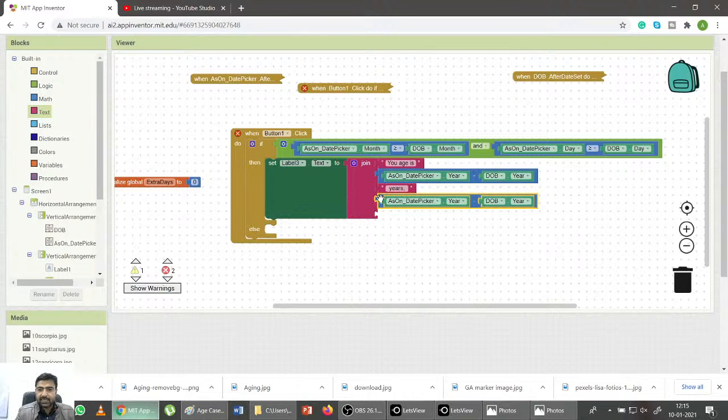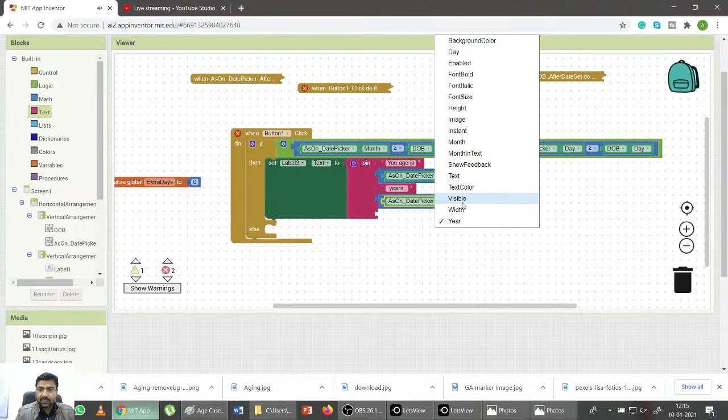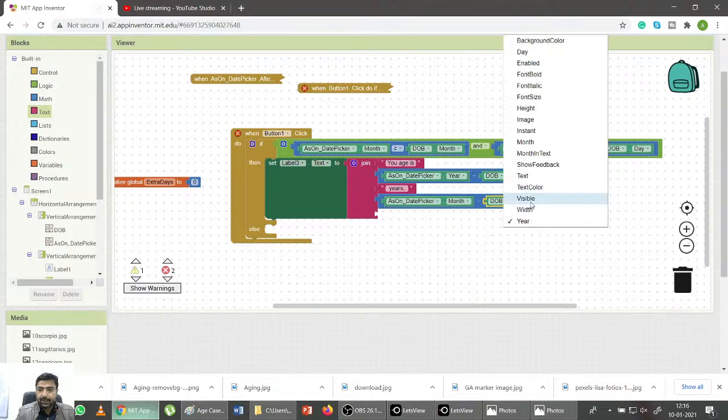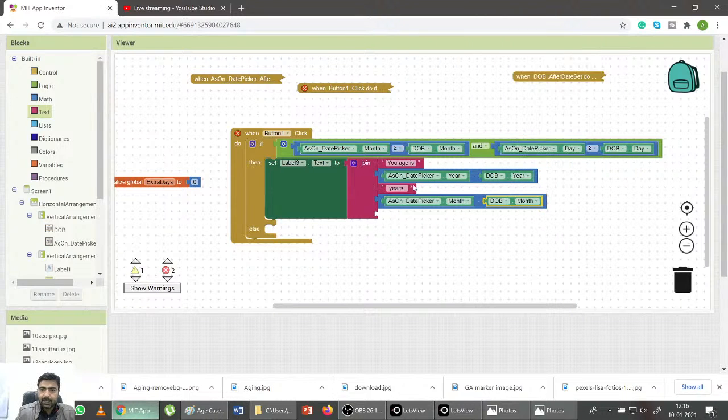Now in the second case we are going to subtract months, so I'll choose month from here. Now in the third case, again I am copying and pasting it because these are months. So I'll write months, comma,